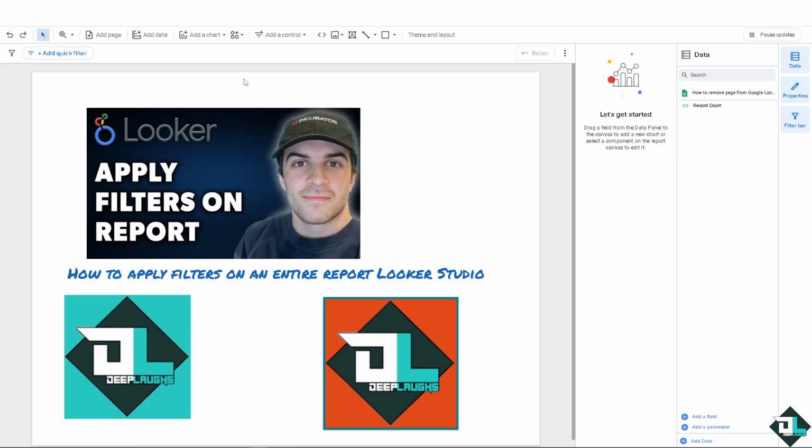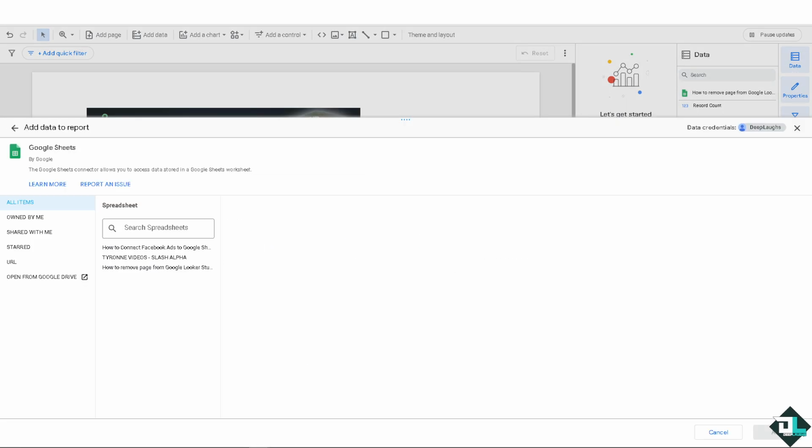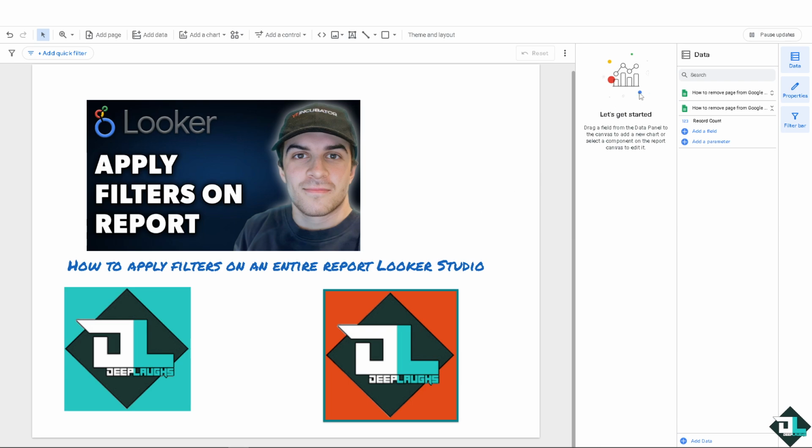Once you have done that, for example, if you wanted to add data and connect your Google Sheets. Now, once you have added the data, for example, this one, now, I don't have any report here, but basically all you have to do, if you have one, is click on